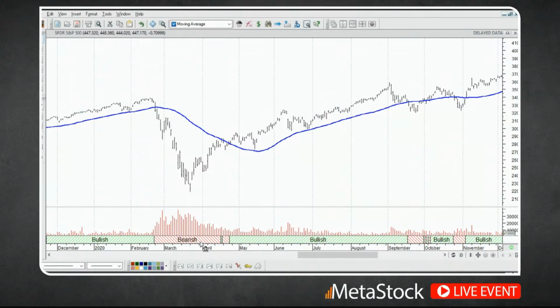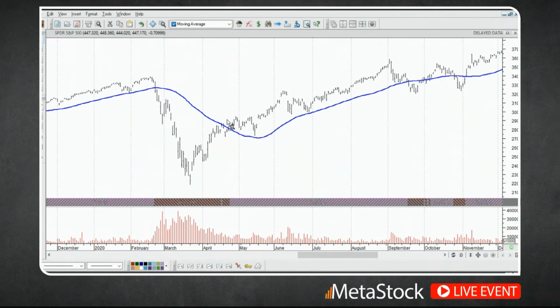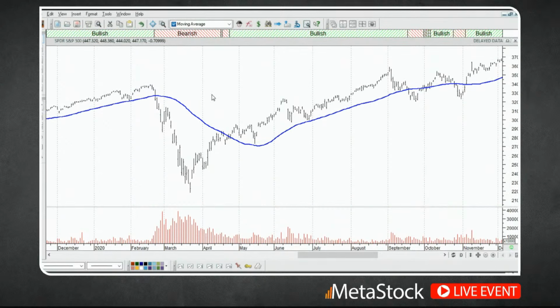Now, the other thing you can do here too is that if you hold down your left mouse button, you can drag this ribbon around and you can place it on different sections of your chart, make it look however you want. But the important thing at this time is you want to make sure that this is doing exactly what you want it to be doing. So here's where I'd recommend you take something like the crosshairs over here on the left-hand side, and then very carefully look at the price bars and make sure that right here where it went from green to red, that closing price right there, for example, was below that moving average.